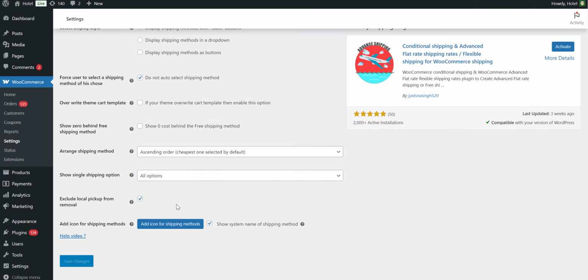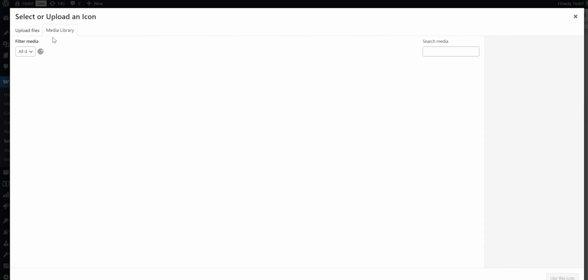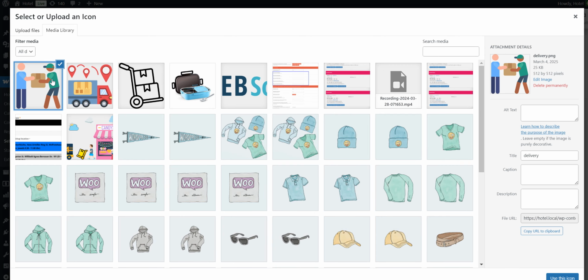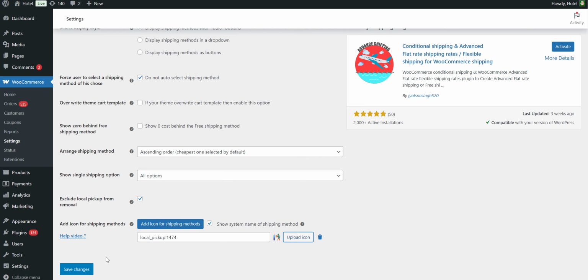come here and click on add icon, insert the system name. Now upload the icon that you want. We have already uploaded the icons, so we will just select them. You will be uploading them and save it. Now once we save this,